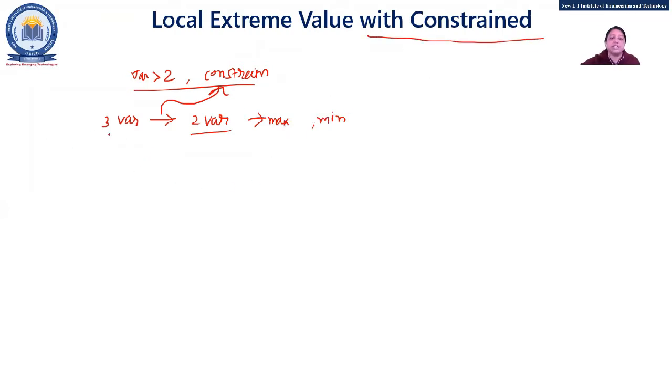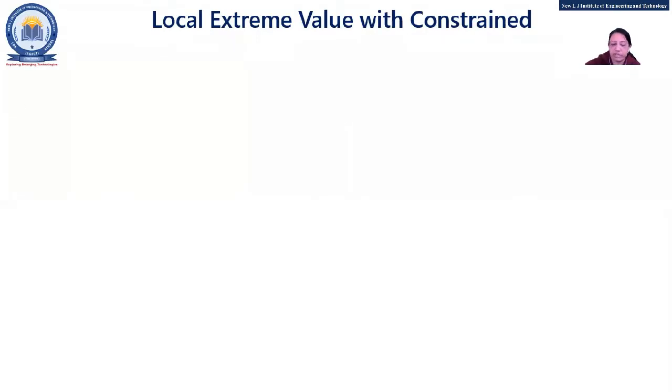Nothing special is there in this one. Just one constraint is there. So using that constraint, three variables will be converted into two variables, and that will be easily understandable by you when we go through the examples. Fine. So in that way, we are going to do this one, three variables. Now, we'll start with the example directly. Okay, not that much theory in this portion.